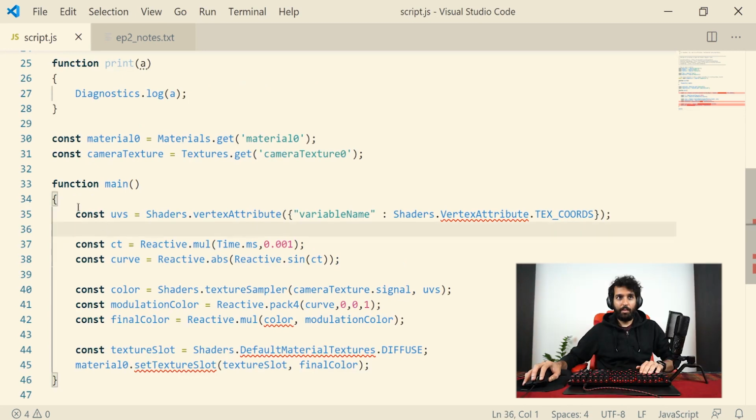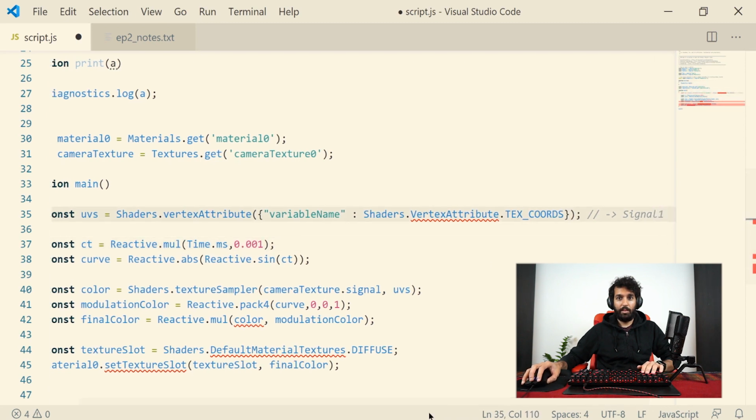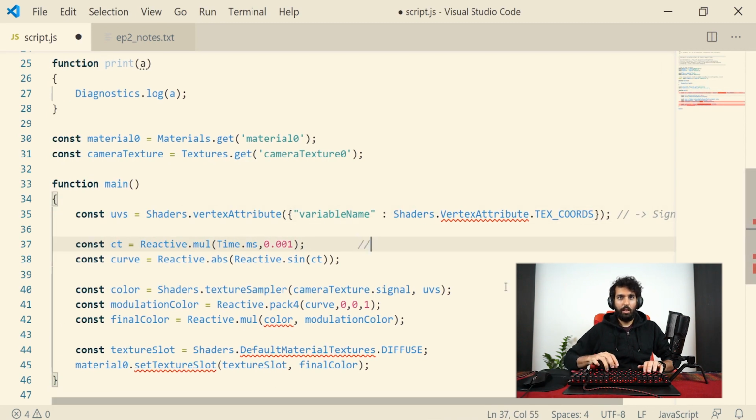Alright, if you look at this code, all it's doing is basically just creating a bunch of connections. First we call shaders attributes, which is going to return a signal, and it's going to store that signal inside this variable called UVs. Then here, so let's say we call this signal 1. Inside here, it's going to create signal 2,